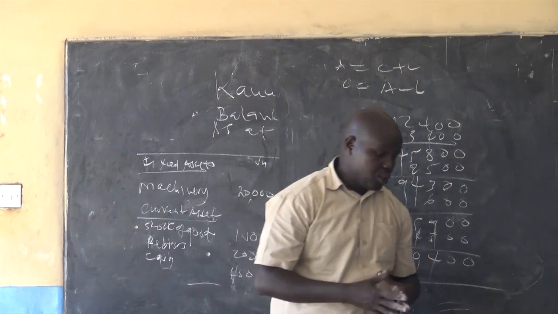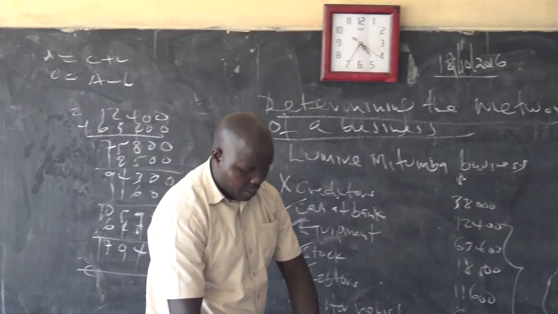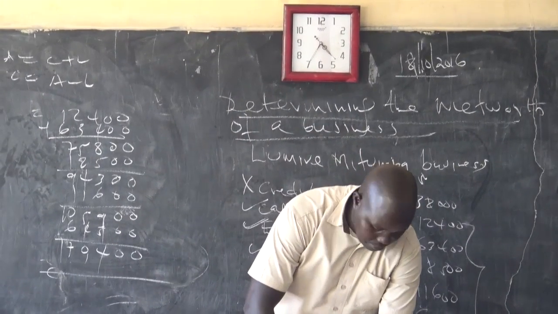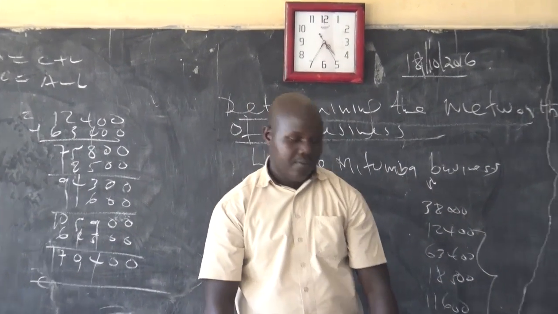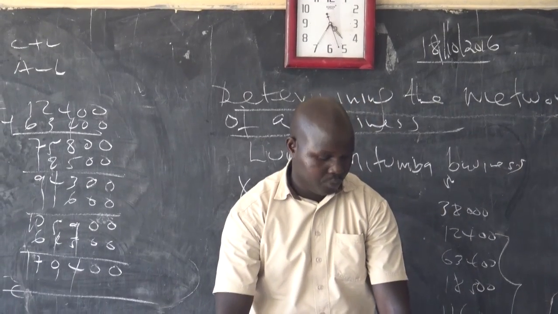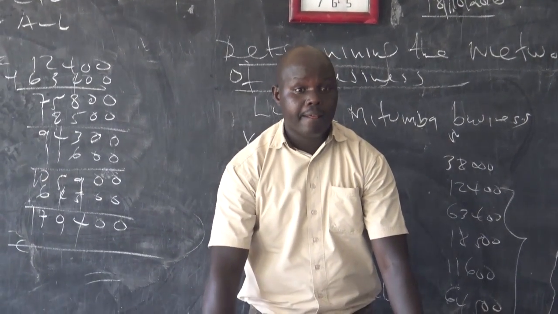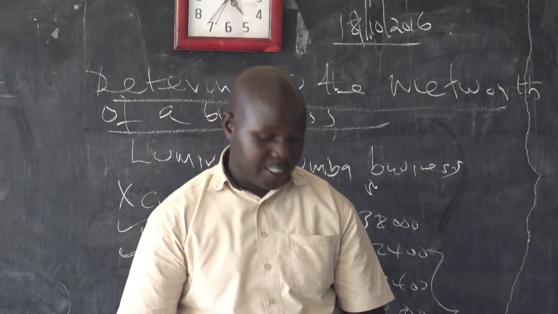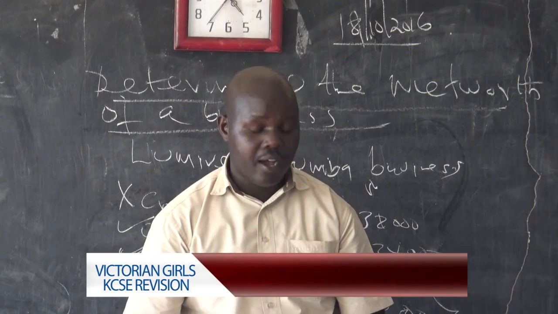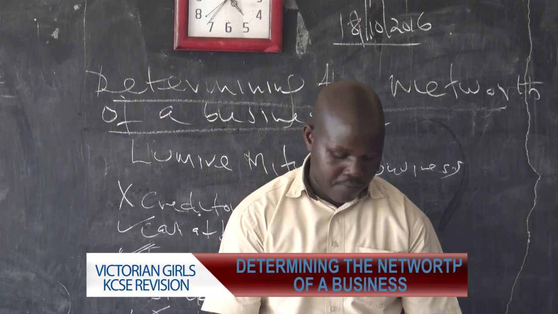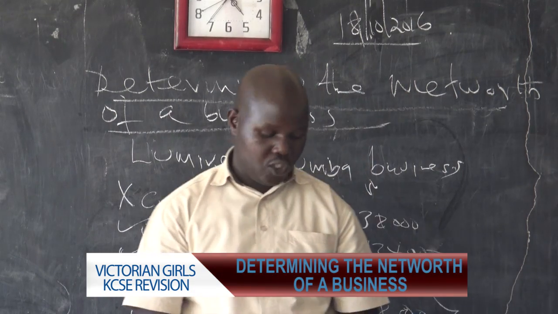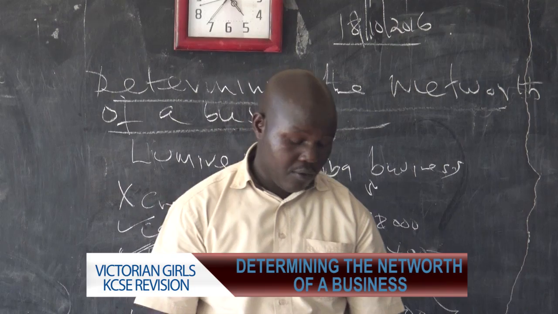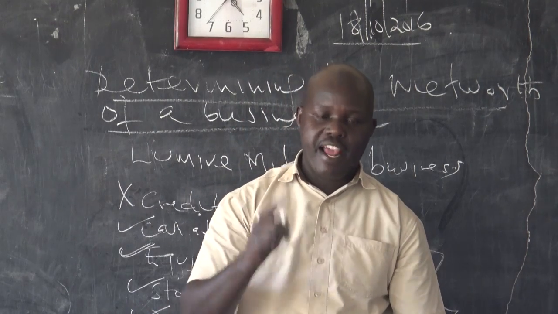So if there's no question, we can say our lesson for today has come to an end. Yes, it has been the revision, Business Studies, Chapter 7, Form 3, the net worth of the business, determining the net worth